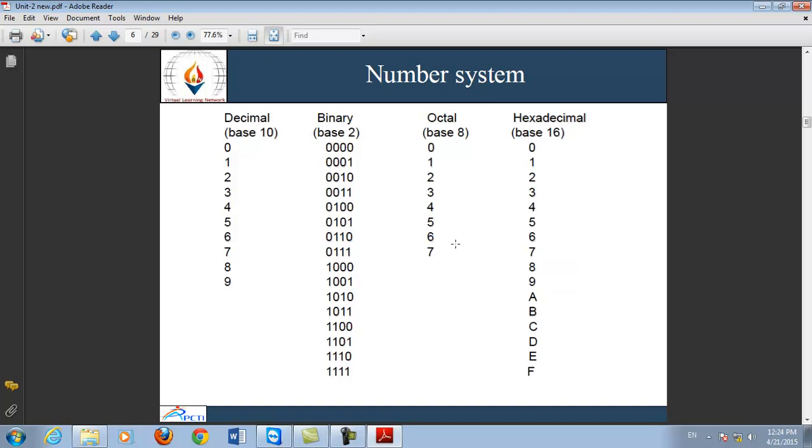This process is known as conversion. It means you can convert any number to any other number. For example, if you want to convert a decimal number to a binary number, decimal to octal, decimal to hexadecimal, and so on, then you can convert it easily. But in this table, the shortest method to find the binary number is this: the decimal number 0 represented in binary is 0000. It is a 4-bit representation. It means you represent the number by using 4 bits.